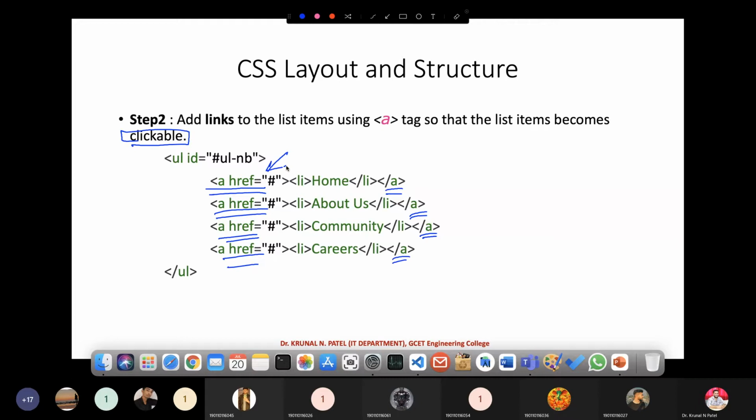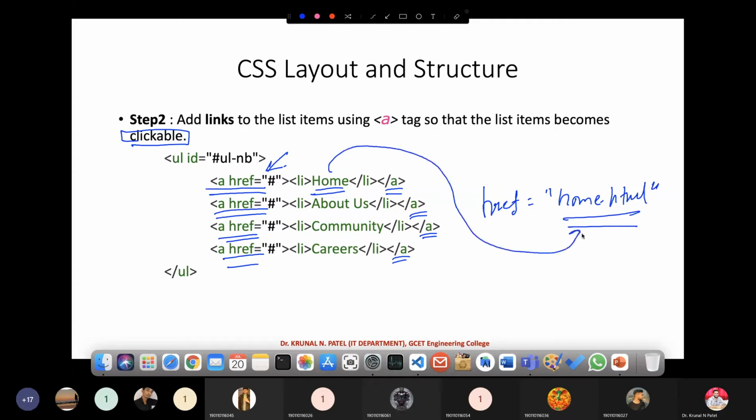So whenever I click on the Home button, it will refresh my page. But suppose I have designed the home page. Then instead of href equal to hash, I need to write href equal to home.html. Whenever I click on this, it will navigate to the home.html page.